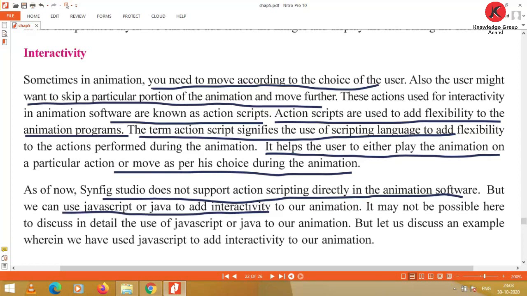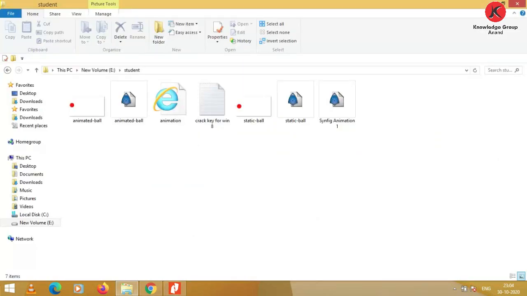It may not be possible here to discuss in detail the use of JavaScript or Java in our animation, but let us discuss an example wherein we have used JavaScript to add interactivity to our animation. So here you can see in our folder there are various files. First of all, static ball.